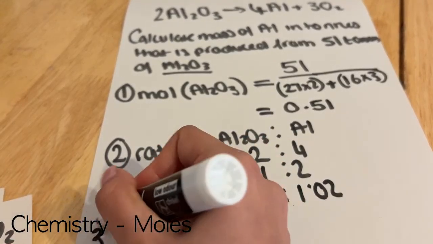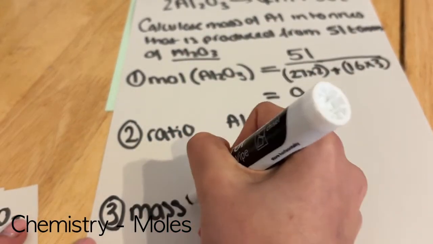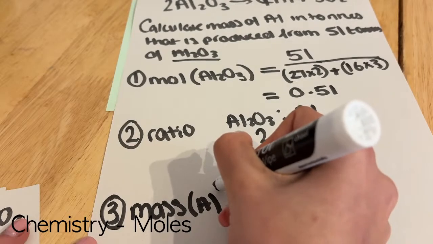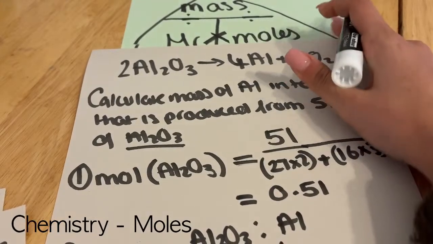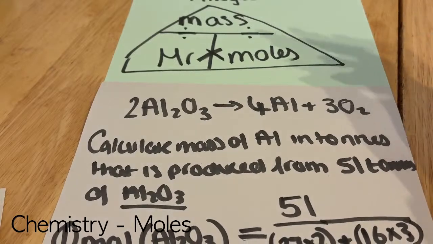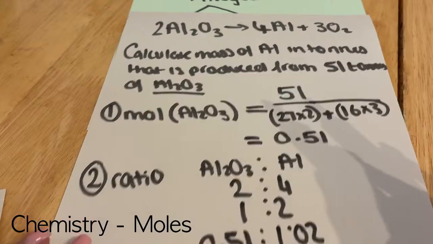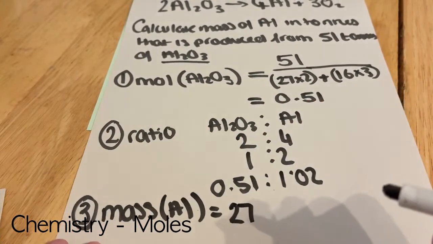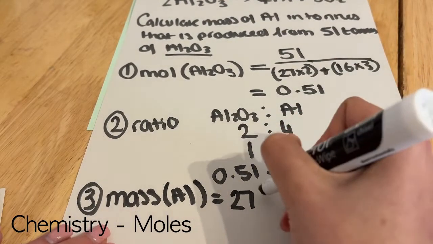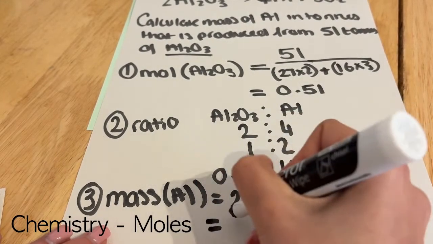And then the third step, we're working out the mass of aluminium. Again, we're going to use the triangle, and we can see that if we cover up mass, mass is equal to Mr times moles. So we're going to do the exact same here. The Mr of aluminium is 27 times the moles, which is 1.02. And in this, you get